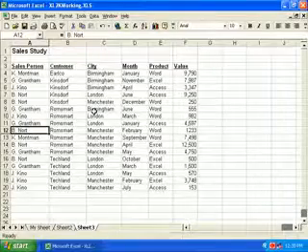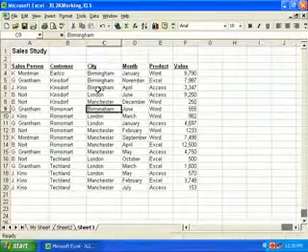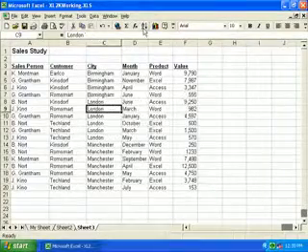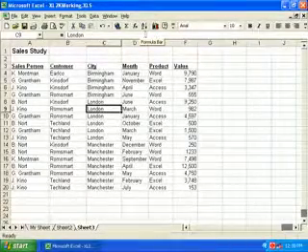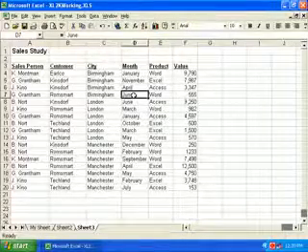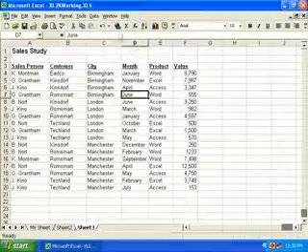Now click anywhere in column C and click the Sort Ascending button. That's it there. Sort Descending is hidden at the moment, but we have that option as well. Now click in column D and go to the Data menu